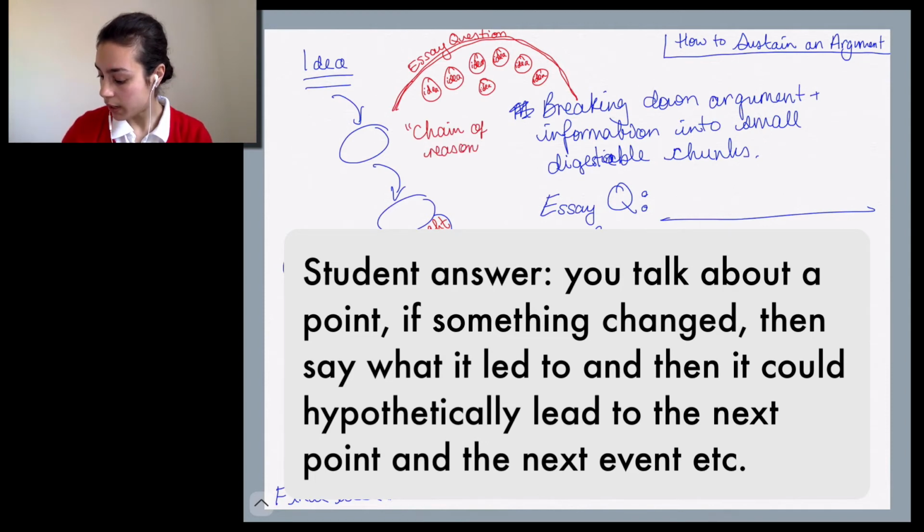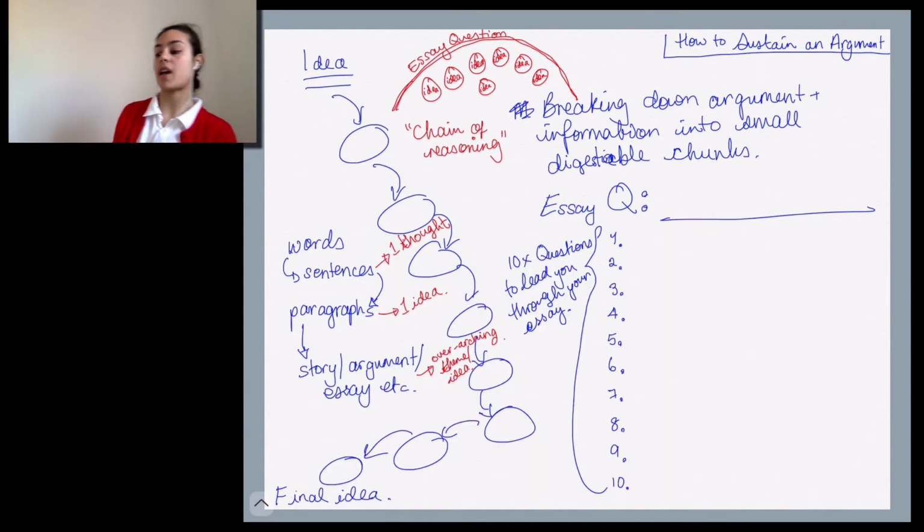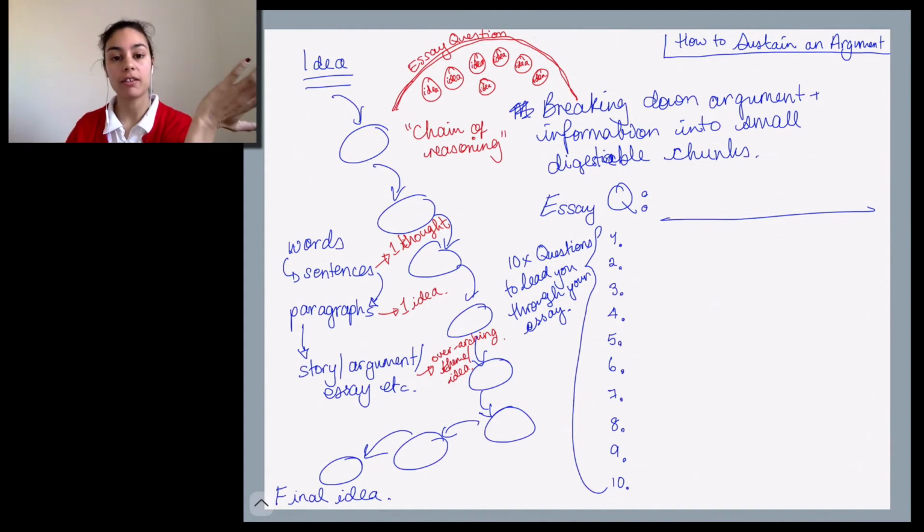Actually, in a way, it's similar. It's very similar, actually. You could think about it in the idea of a chain of reasoning, because what you are doing in an essay is making an argument, which means you need to reason. You need to think about, well, what are the options? Where do I start to help me understand and think through a problem? And when you're doing an essay, we are solving a problem.